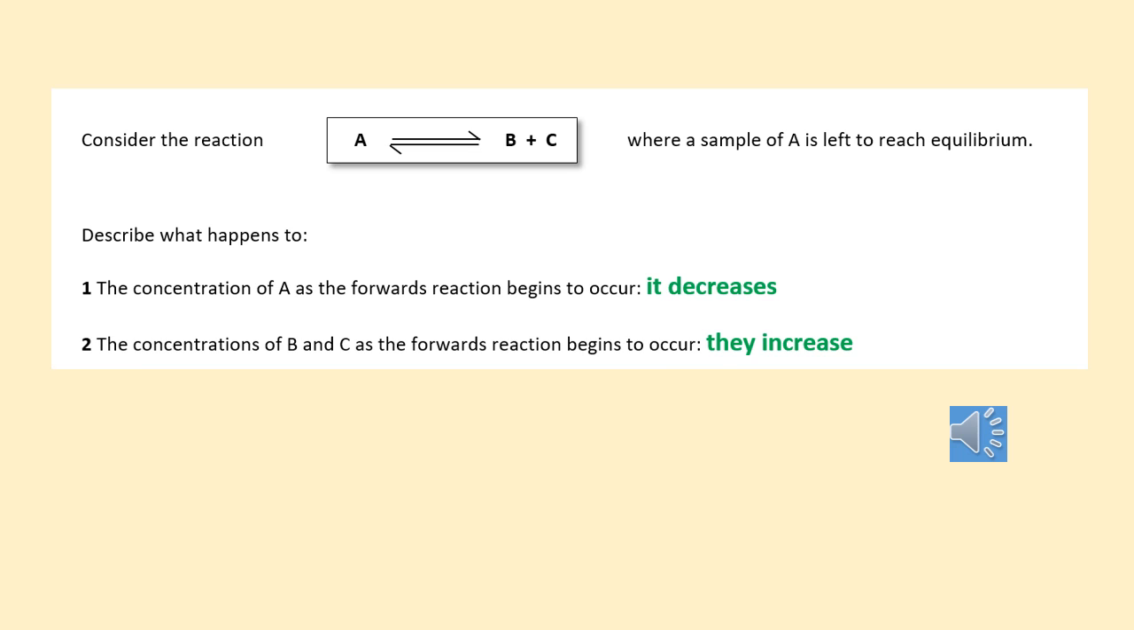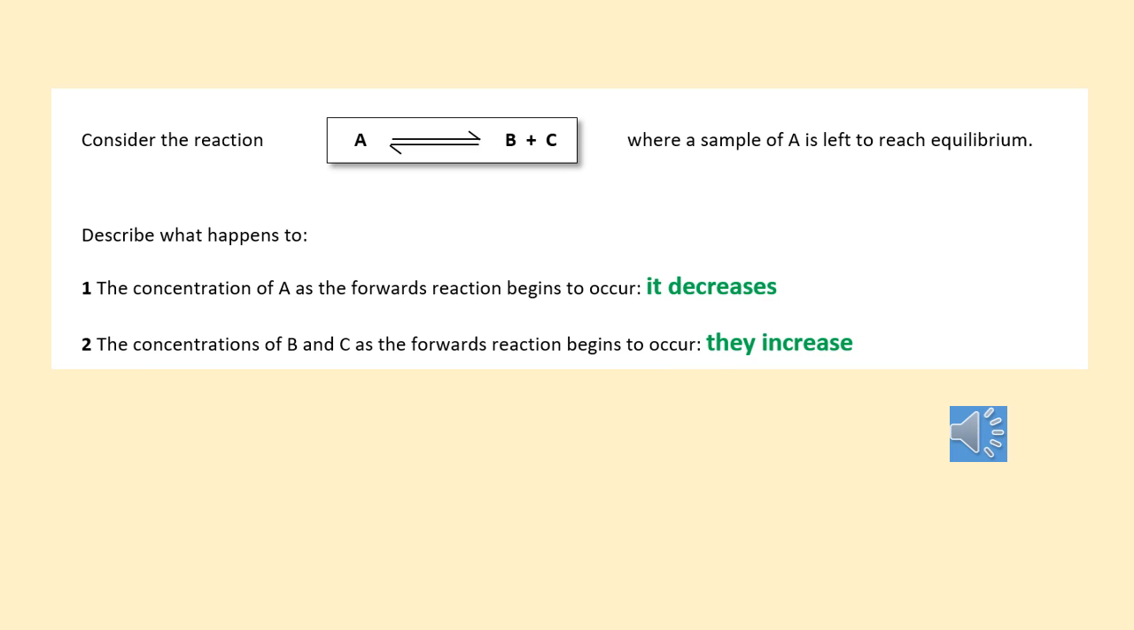So in this question we're being asked to consider a reaction where a chemical called A is changing into two chemicals called B and C, and we've got the equilibrium symbol there, meaning that B and C can then change back into A. You're being asked to describe what happens to the concentration of A as the forwards reaction starts to occur. So that'll be when you start the reaction. Well, A is changing into B and C, so clearly the amount of A is going to go down, so